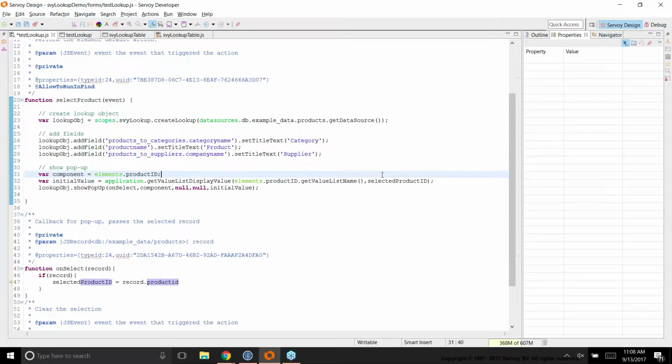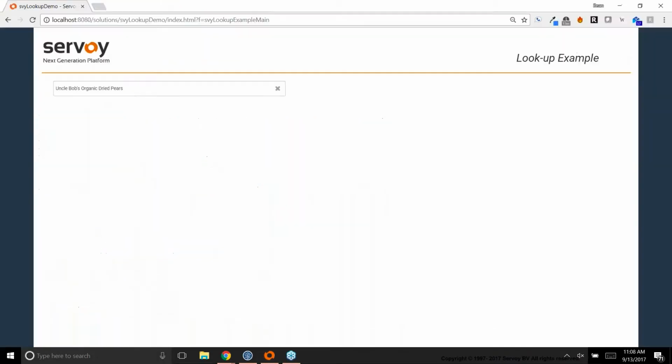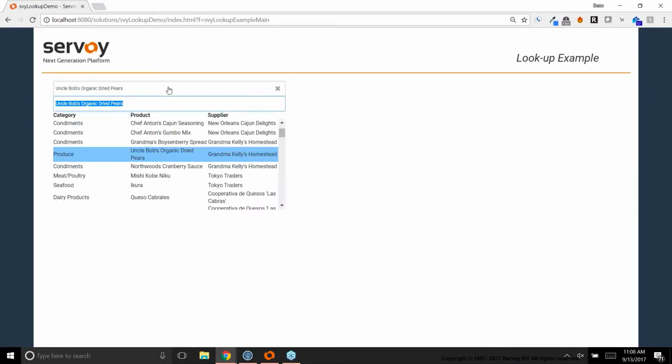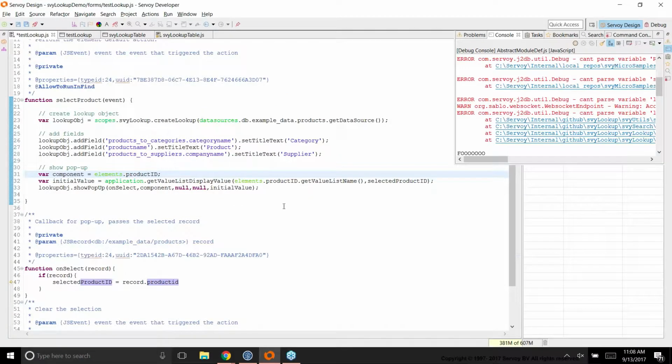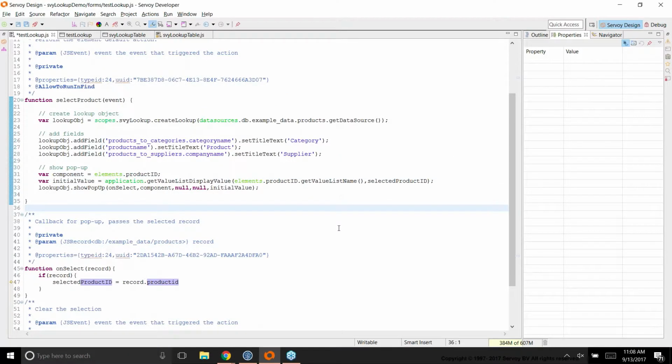And then in this case, I'm seeding it with an initial value. So if I have something already selected, then you can see it goes and selects that in the list there. So I'm able to seed it with that initial value. If I didn't put anything there, then it would just go to the full list, and it would be a blank search criteria. So then finally, I call this lookup object show popup, and if we look at code complete here,